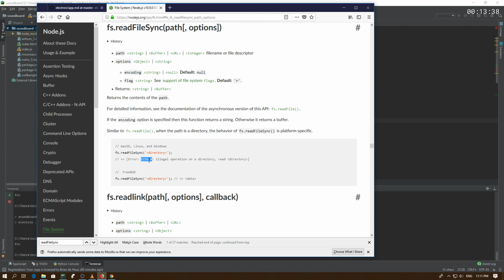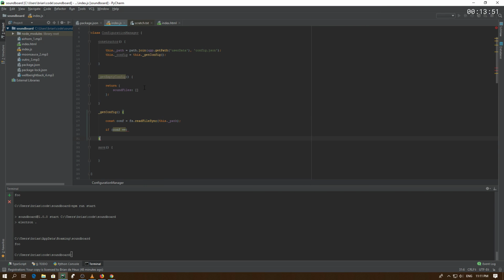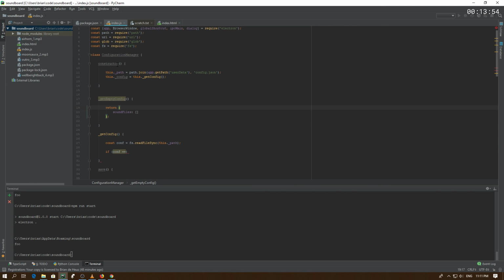Read file, read a directory. Oh, that's interesting. So in FreeBSD you can just read the directory. Huh. Anyway, so yeah, the only way to figure out what it's going to do is by calling the code. Well, I mean, there's other ways, but